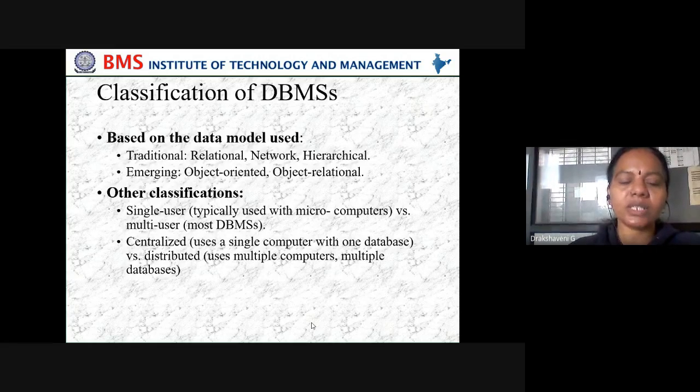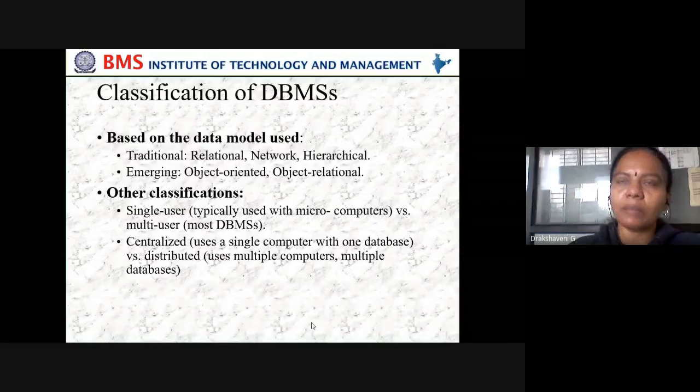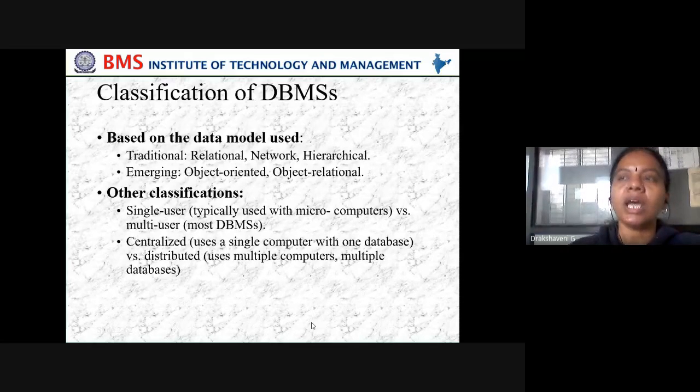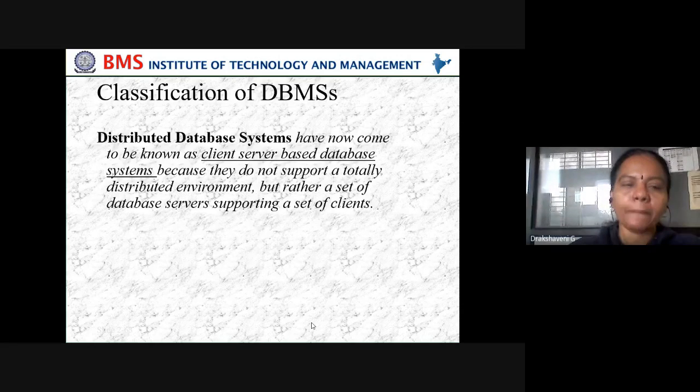So, centralized versus distributed. Centralized means keeping everything in one place. The advantage is you can keep track of everything because it is in one place. But the disadvantage is, in case that system goes out, then what about the data? Everything is there. So that's a disadvantage of centralized. Distributed means keeping the same copy in one or two places so that if one goes wrong, you can use the other. That's what uses multiple computers and multiple databases.